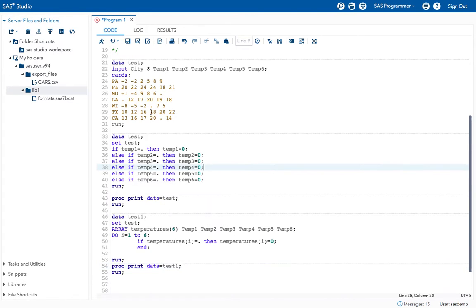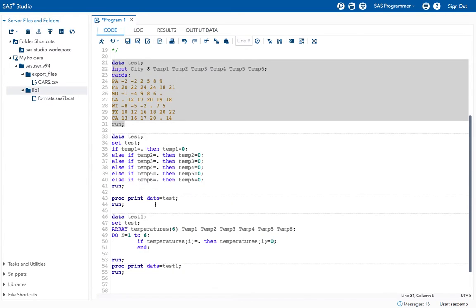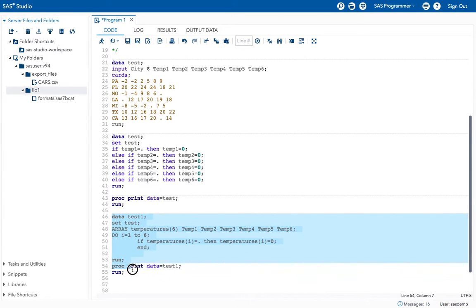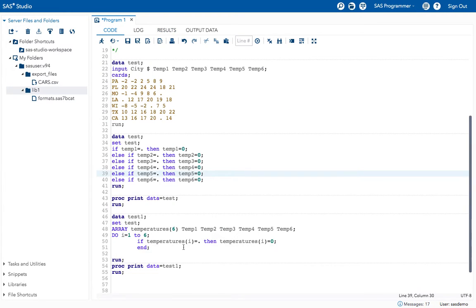Now if you execute this program, I'm executing the main data set first, and now I want to replace the missing values with 0 by using the array procedure. See, I got the same values. This is easier when compared to the regular procedure, where we used if and else statements and repeated the same statement for however many variables we wanted to change.